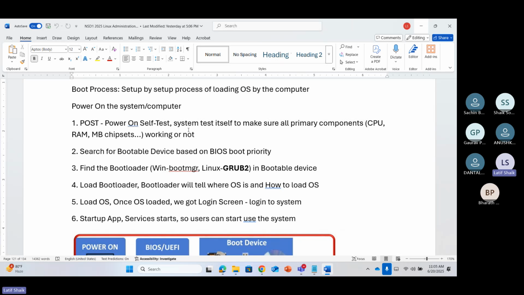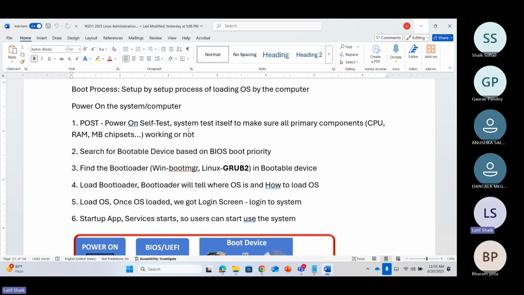Or maybe there is an operating system and you are replacing it or upgrading to the new version. That is installation or deployment of an operating system. Deployment and installation are both the same. But what is boot processing? Of course, in installation of an OS there is also booting. But